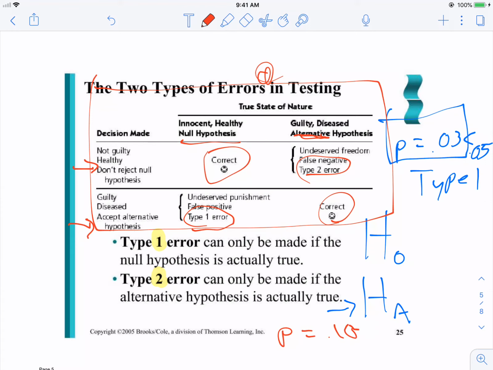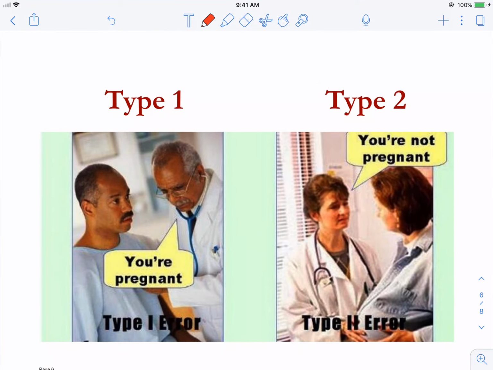Again, I find the most simple way to look at this is thinking the number of the error is the hypothesis that is actually true. However, your test told you to do the other thing. There's always a possibility of error, and at the very least, you need to acknowledge that. You're not saying that you made a mistake in the calculation. That's not why an error happens. You did everything by the book. It's just that nothing is certain, so you need to acknowledge what could be wrong